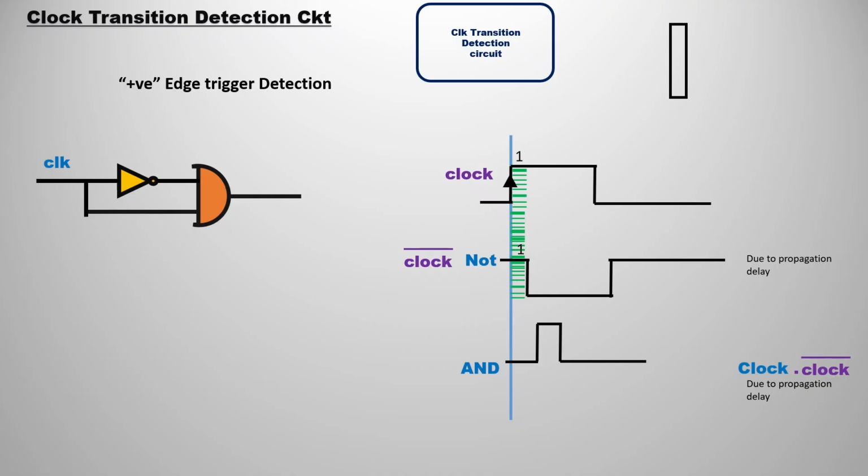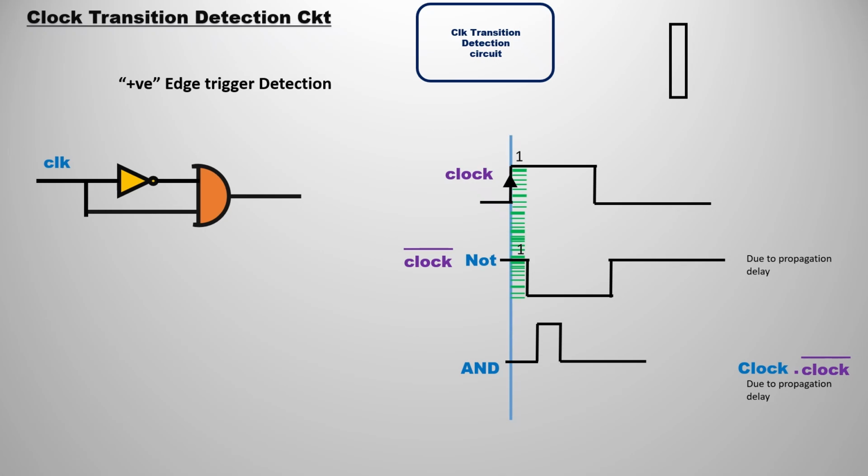If you observe the timing diagram analysis for the NOT gate's inverted clock, it should be the same as the clock, but due to the propagation delay of the NOT gate, it is just forwarded like that. That gap you can see there, highlighted in green, indicates the rising edge. So in the rising edge we have 1 and 1.